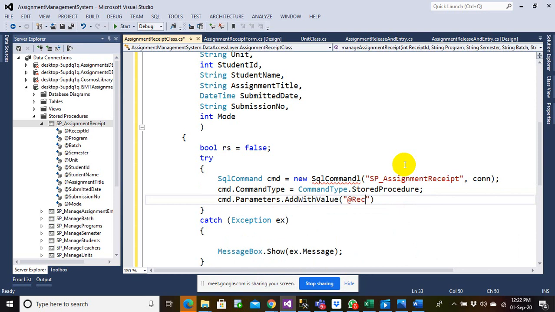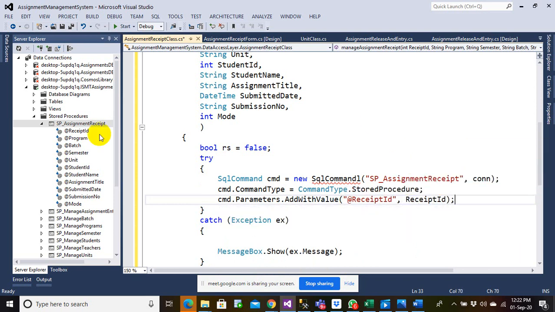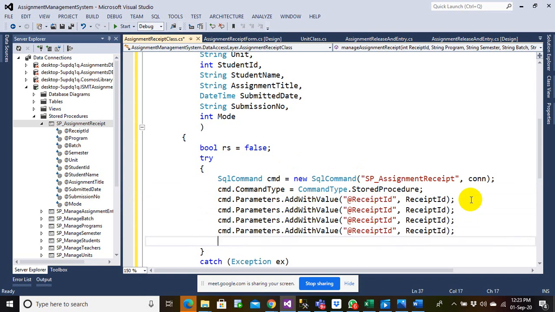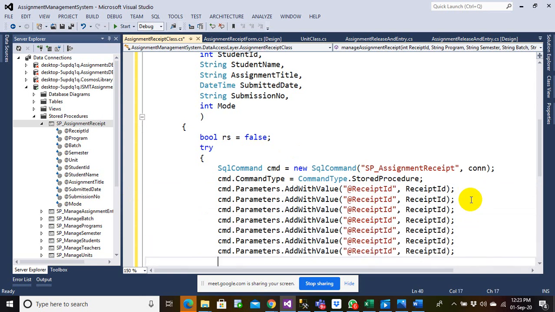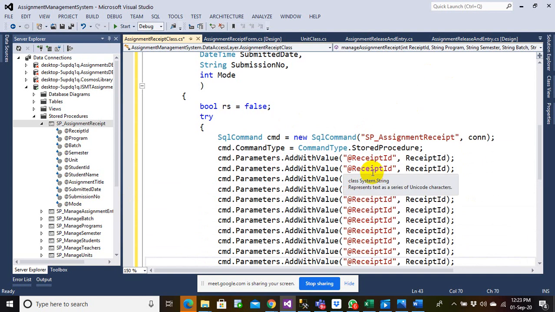@receiptID. And I need this in a number of places: 1, 2, 3, 4, 5, 6, 7, 8, 9, 10, 11. I need 11 places. Okay. Let me quickly do this.